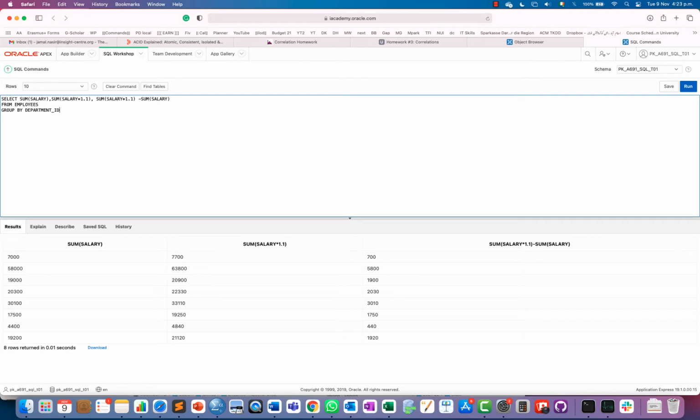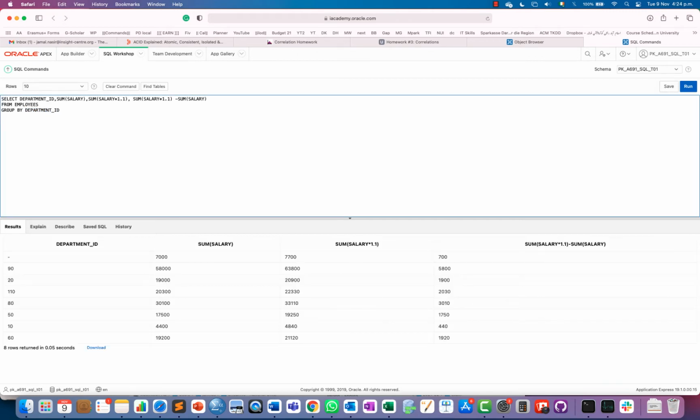So group by department ID, right? Or you can even print your department ID as well here. So for department ID number 90, the increase would be 5,800, right? Similarly, for other departments, we can check, okay, for each department, how much we have to increase salaries.